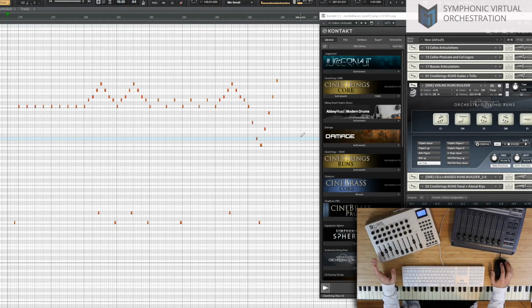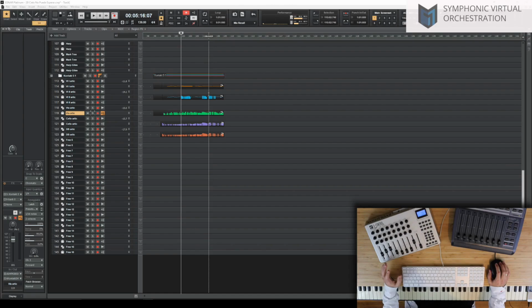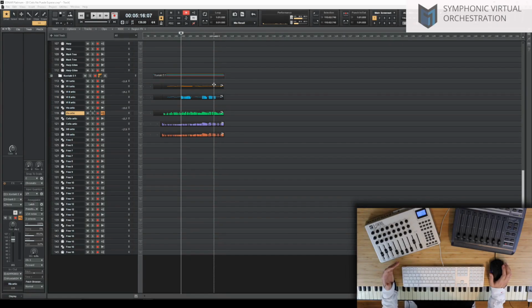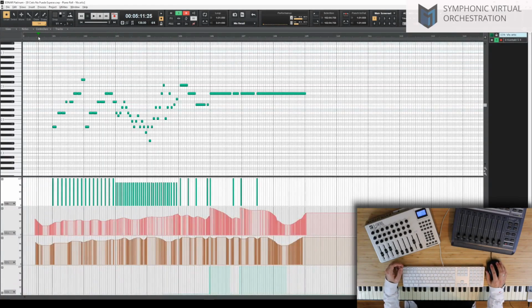So that would be one approach. The other approach, well, actually, before showing you the second option when it comes to writing fast string melodies, if you were to use staccatos for writing a fast line, choose a not too short staccato. There are libraries that will come with different types of staccatos. Cinesamples, Cinestrings is one example where you'll have a short, medium, and long staccato. And that will allow you to write those fast phrases, but still not having the notes too separated, too